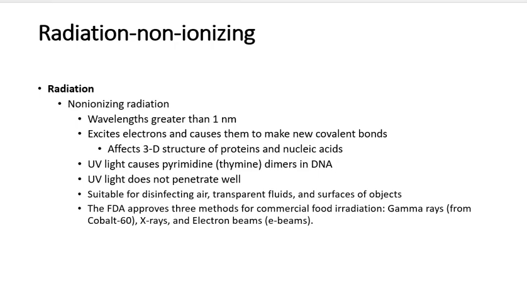What it does is affect the 3D structure of the protein again and the nucleic acids. And it causes what are called thymine dimers in DNA. Basically, when you're looking at your sequence of DNA, anytime you have a thymine next to a thymine, they're going to bond together rather than